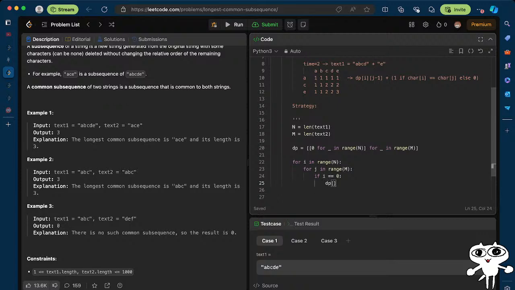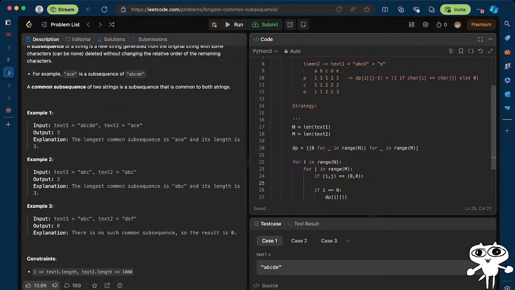So dp of i j. Okay, what happens if both of them are 0? Okay, if i j equals 0,